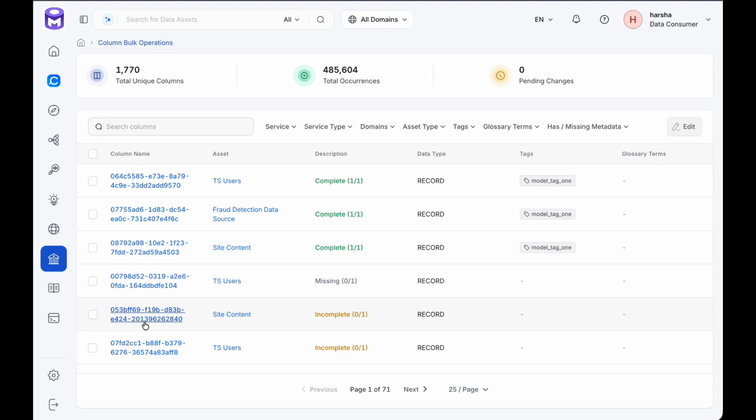Now that you have all this metadata, how do you identify the commonly used columns across those disparate systems? And how do you maintain the documentation, the governance classifications, the glossary terms across these identical column names in different structures? That's exactly what column bulk operations is going to help you with. It identifies all of your unique columns. For example, in this instance, we have 1,770 totally unique columns, but they appear almost 500,000 times across your data